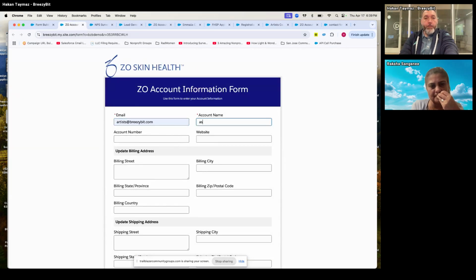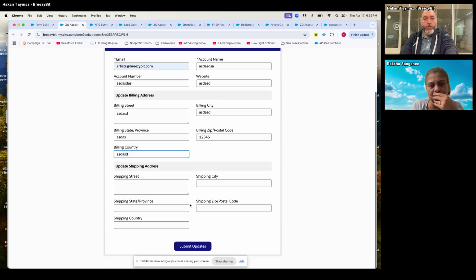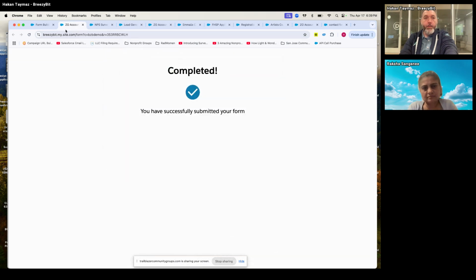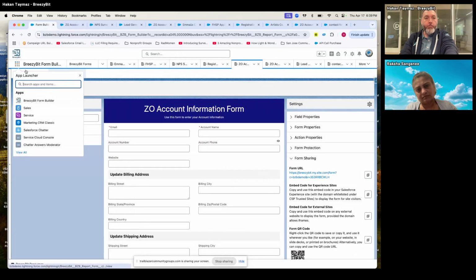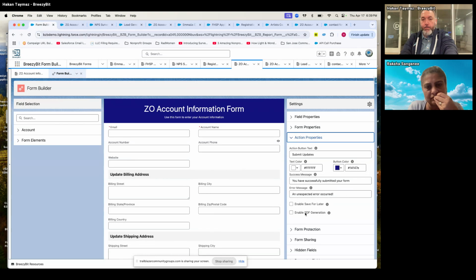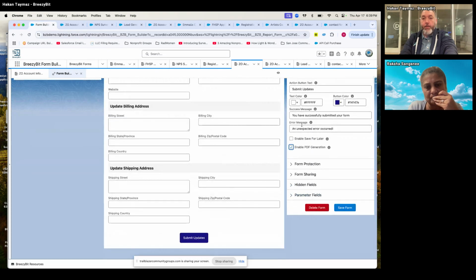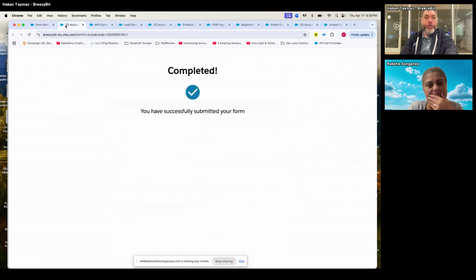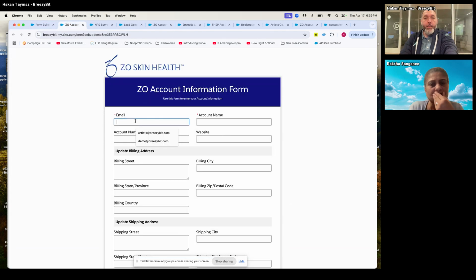and if I enter the information here, just some gibberish, I don't want to take too much time, and I enter all of that information, all the data, and I submit this. And if I go to the org right now, oh, did I enable that? I did it for nothing. Sorry, I had to enable PDF generation, right? So I enabled it right now. And then if I go back here,